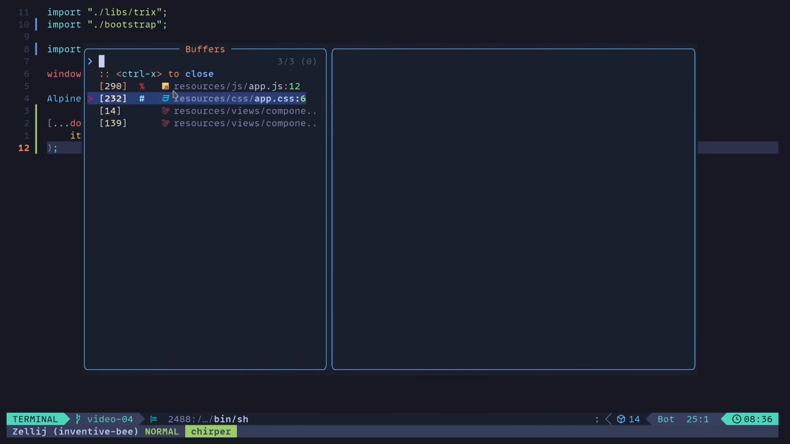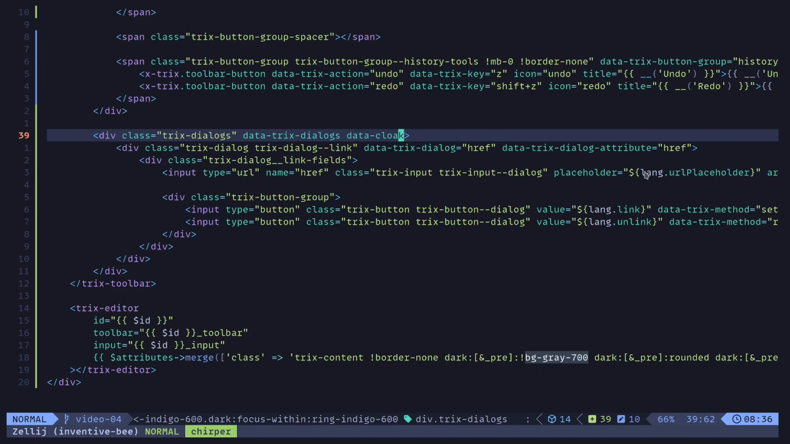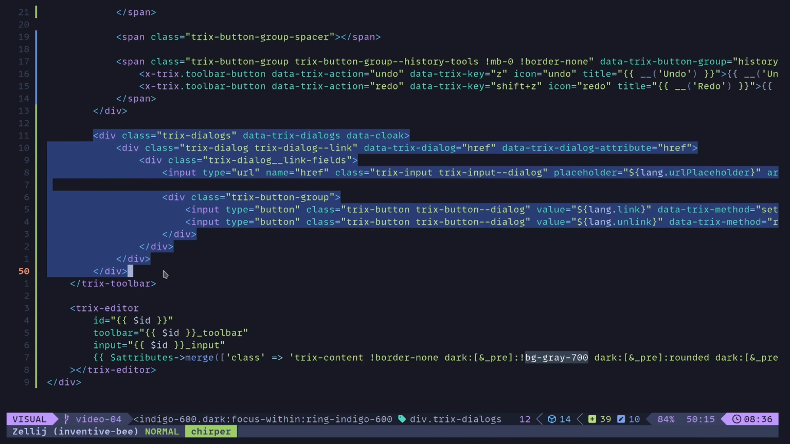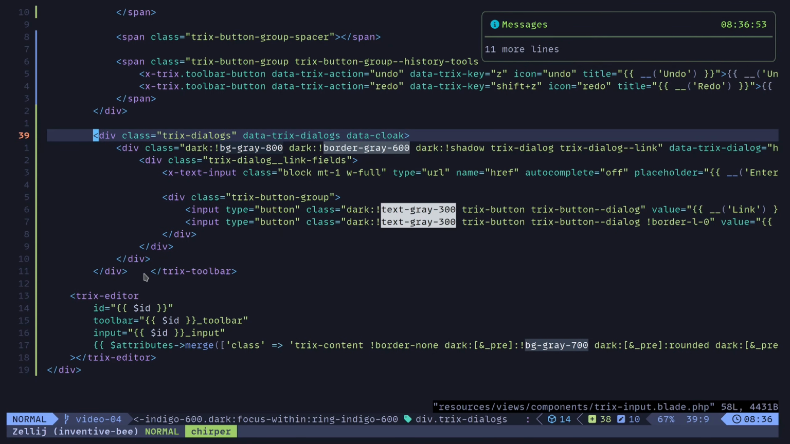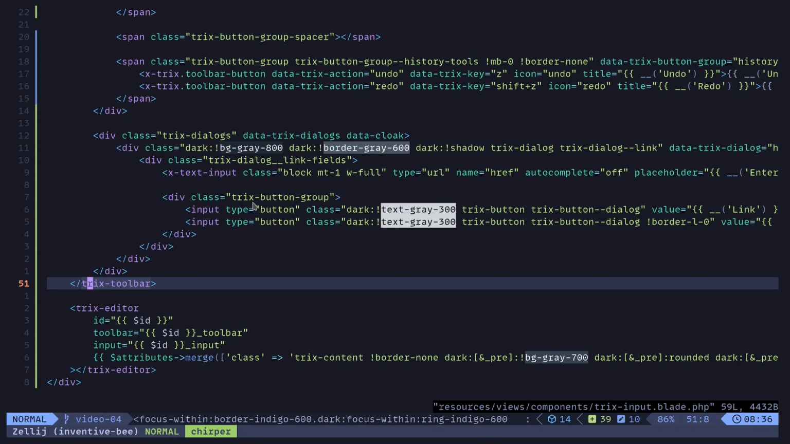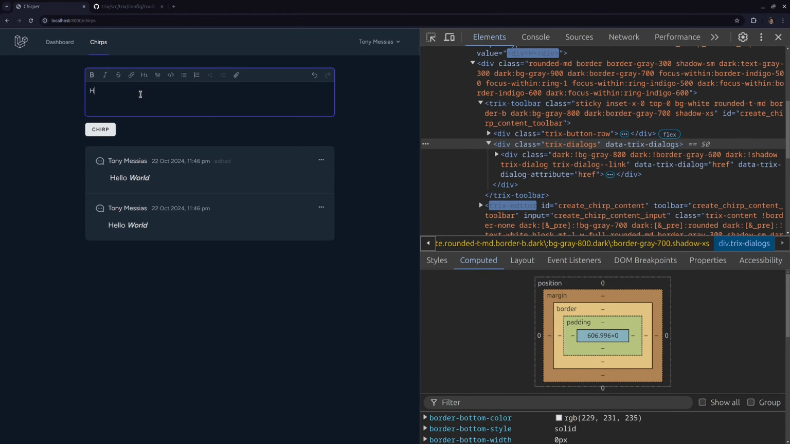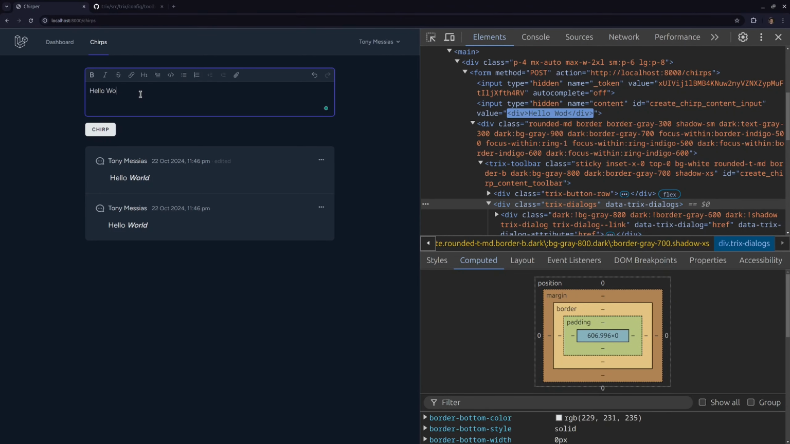That's because we copied it from Trix and we don't actually have the internationalization part of Trix working over here. So what I'm going to do is replace this whole thing with my own toolbar dialog. That's pretty much the same thing, except that I changed some styles and also replaced the Trix internationalization stuff with Laravel's. With any luck, hello world,